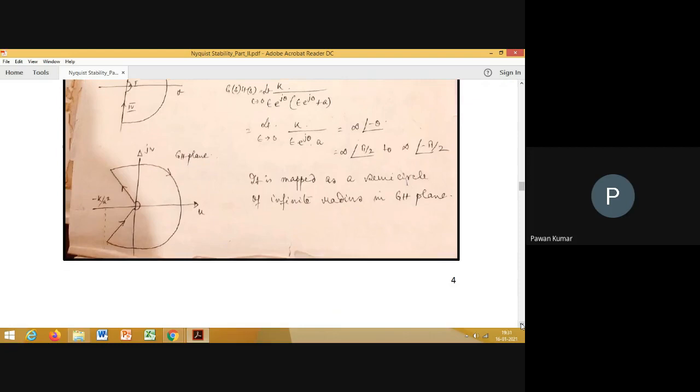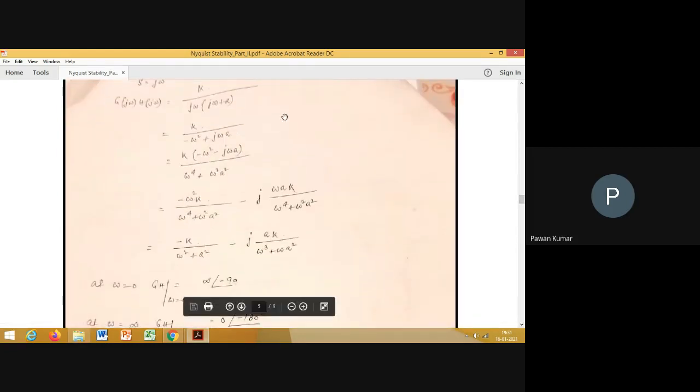Ma'am, can you please explain this mapping? Have you understood this one? We have expressed GH j omega as real part plus imaginary part. So we get this expression. I don't know whether the expression is correct or not. That we'll have to check, right? So if the path intersects the negative real axis, then this imaginary part will be 0 as the intersection point is lying on the negative real axis. So it will be something like minus sigma 1 plus j0. Okay. So if I equate this to 0,